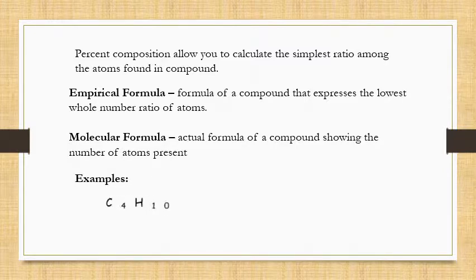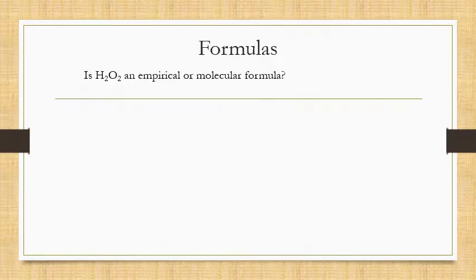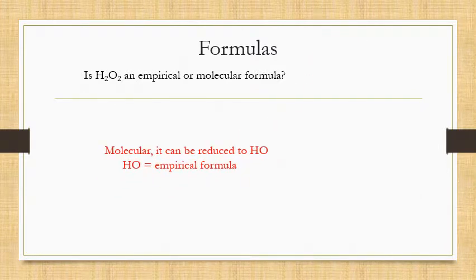Okay, so as examples, we have C4H10 is a molecular formula, whereas C2H5 would be the empirical formula, because it is the lowest whole number ratio of the atoms present. C6H12O6, or glucose, is the molecular formula, and CH2O is the empirical formula, the simplest ratio of the molecular formula. So in terms of formula, is hydrogen peroxide's H2O2 an empirical formula or a molecular formula? Well, it's going to be a molecular formula because you can divide both sides by 2 to get